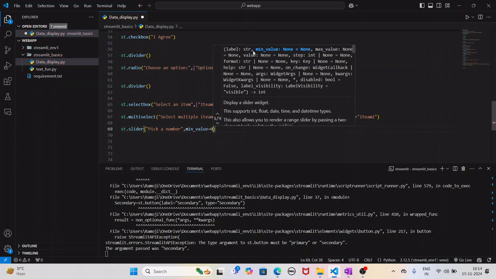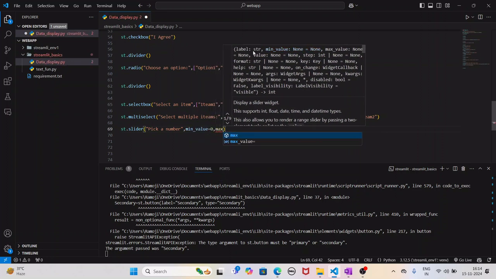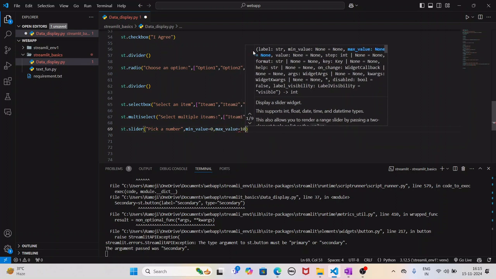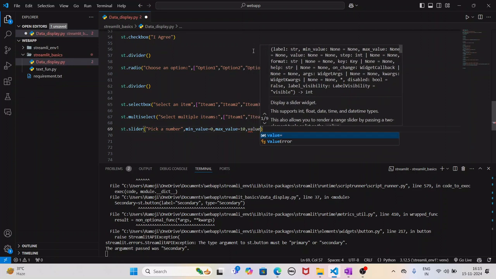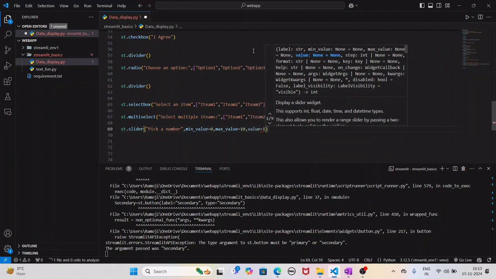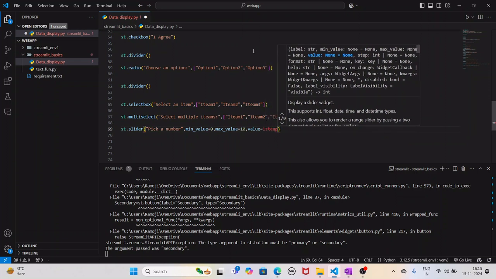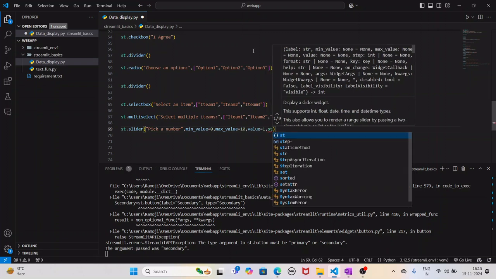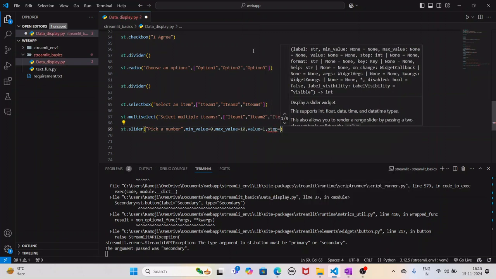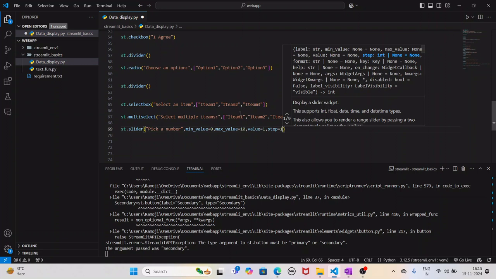First I'll give minimum value as 0 and maximum value as 10, and value equals to 1, and step equals to 1. I will tell you what is value and step in the front end. Okay,